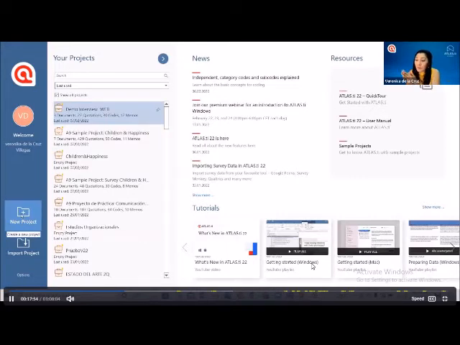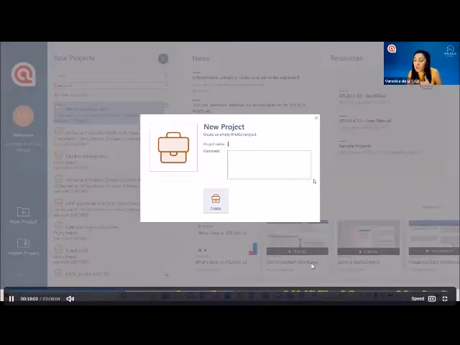Well, how do you start working with the software? Just go here to this icon, click on new project, and now Atlas TI asks you to introduce the name for a project and a comment for the project. My recommendation, in the case of the project name, is to try to write short names all the time for all the entities. Why? Because at the time that you want to work with your networks or with your tables,